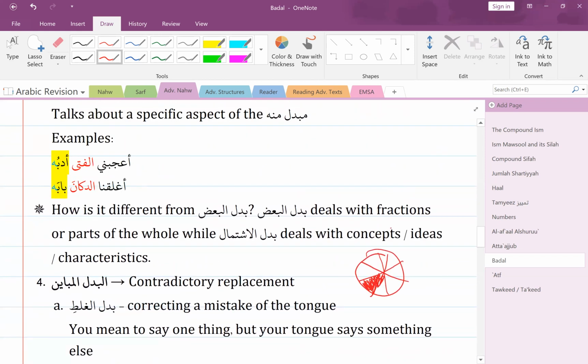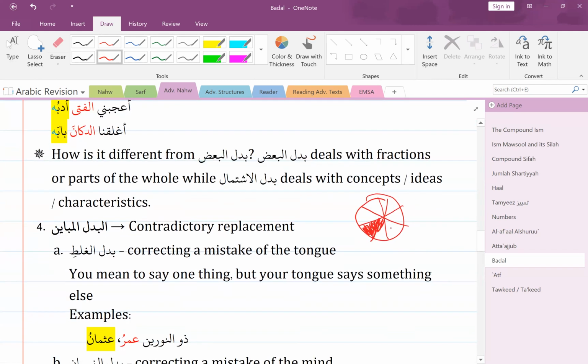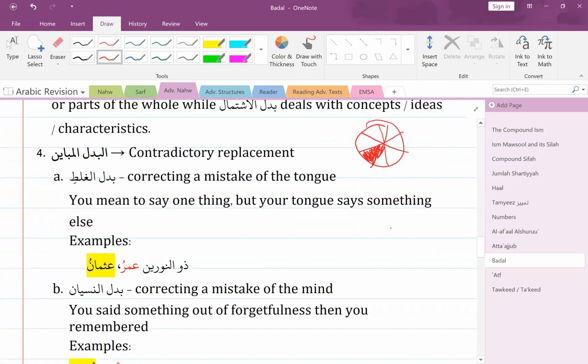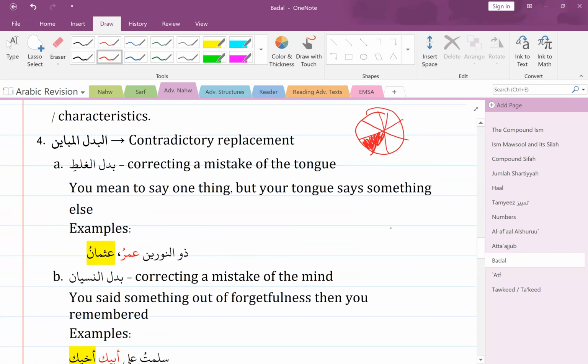Okay, those three are the main ones. And because this last one does not happen in the Quran, I'm not going to focus too much on it. I'm just going to graze through it so that you can be familiar with it. I don't want to spend so much time with it, also because it's pretty similar and it's hard to tell the difference between them. I'm just telling you for the sake of information and knowledge.